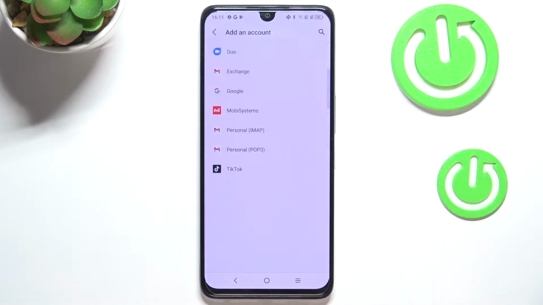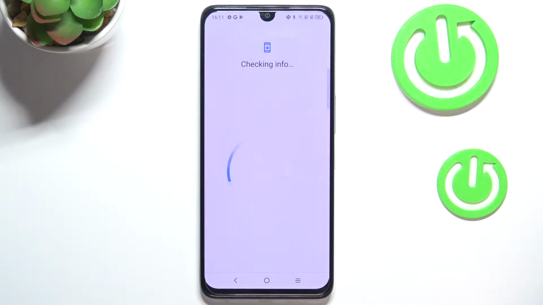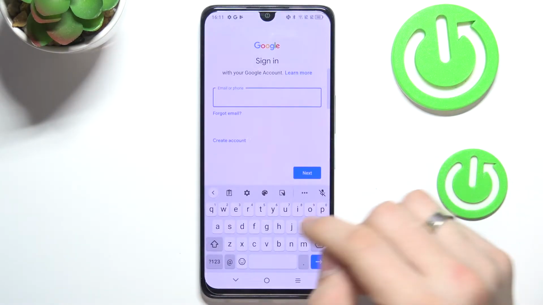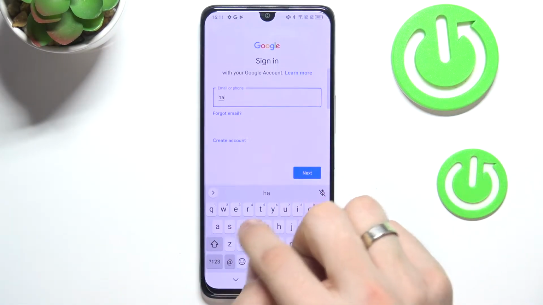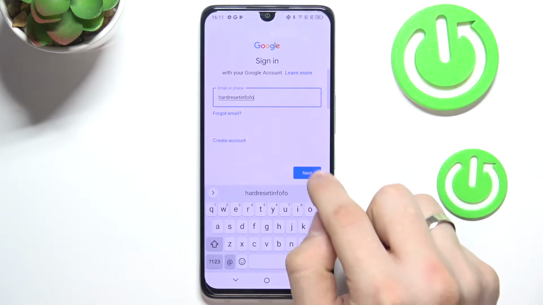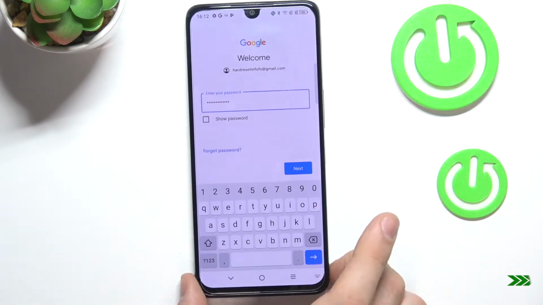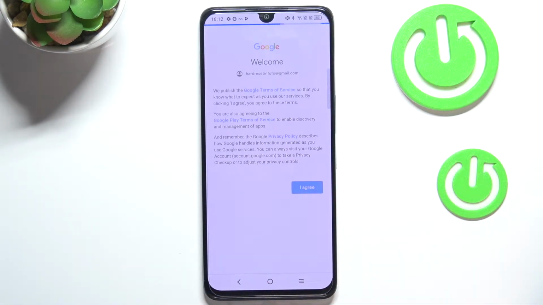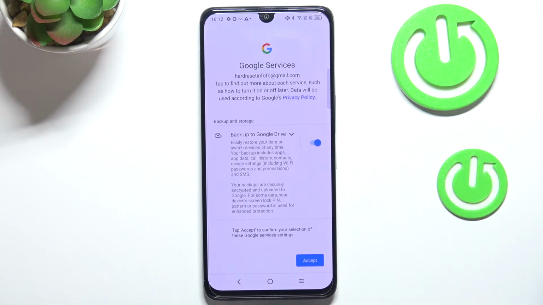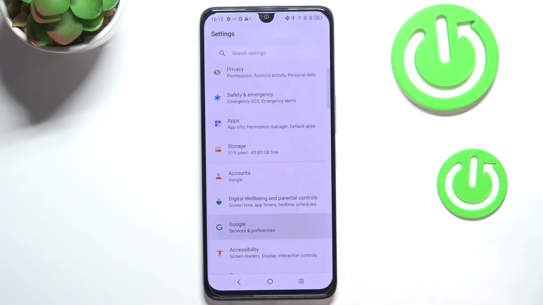So click add account, choose Google, and log in the child's Google account. And the child's email and password. Click I agree. Cool. Now go back to settings menu, choose Google,